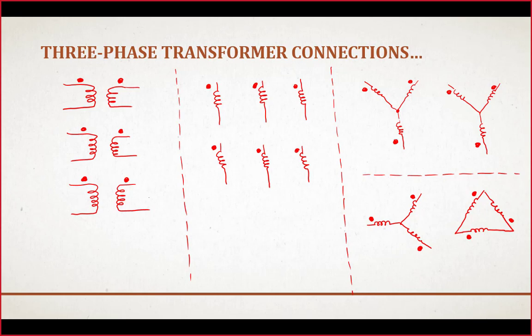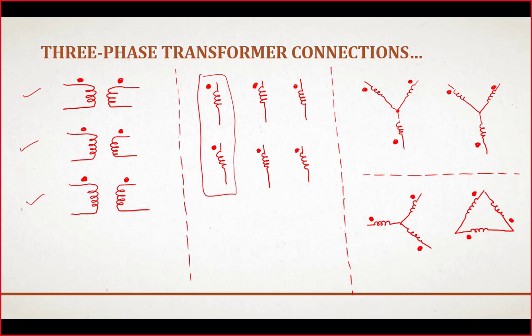The first method: the windings across the same limb of the transformer are shown with the help of a single-phase transformer like this. This is across the first limb, second and third. The second method is we draw those windings in parallel. So these two windings here are across the same limb of the transformer core, and the same is for the second and third.